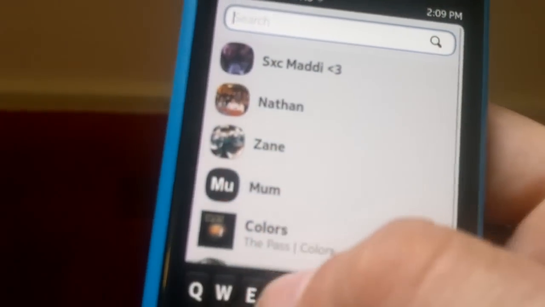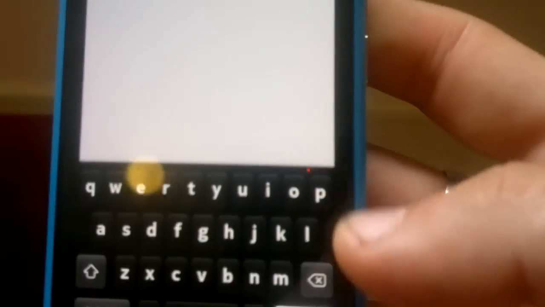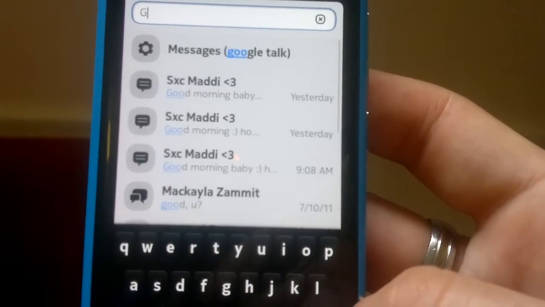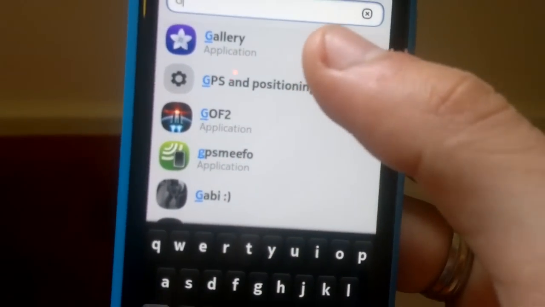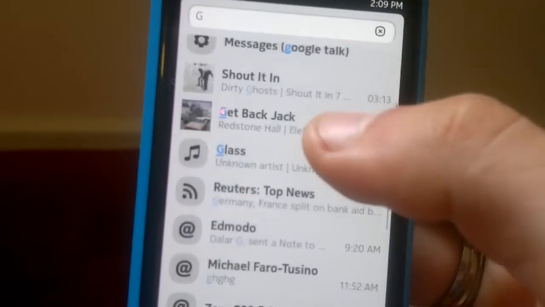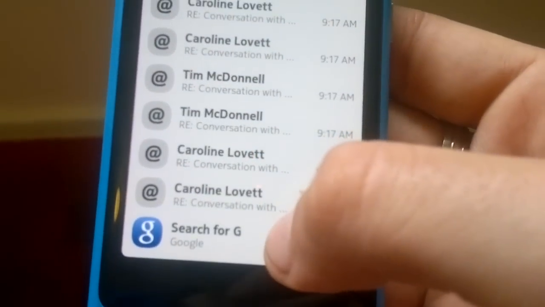We've got search. This search is currently just an in-device search. So let me actually do a proper search for something. Let's say, oh, didn't even spell Google right. So if you type in G as an example, it gives you all the apps. And then the very last one, if you want to scroll all the way through it, is search for G